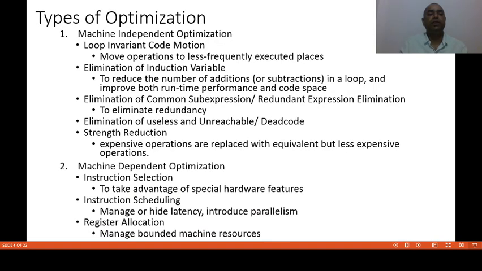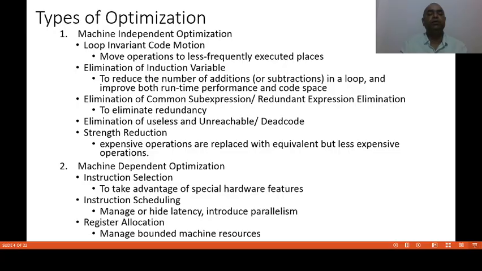Now, machine dependent optimization. Machine dependent optimization means the optimization that depends upon the architecture of the machine. Instruction selection. To take advantage of special hardware features.